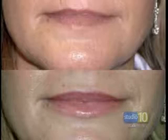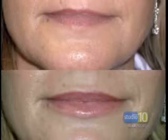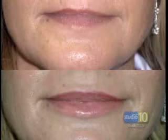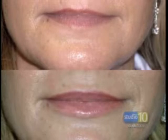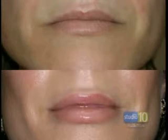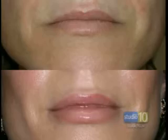Then about 4 years ago, a new filler came out called Radiesse, which to me was a little more versatile in how much correction we could get. It gave a more natural feel. And so we saw this type of result with Radiesse, and I converted from implants to Radiesse to get that more natural look and feel. Now this product has recently come out in the last 6 months in the United States, and we're getting this type of correction. And this is an inflatable